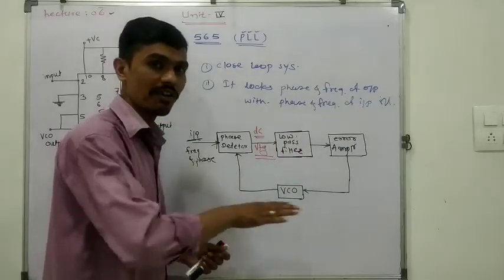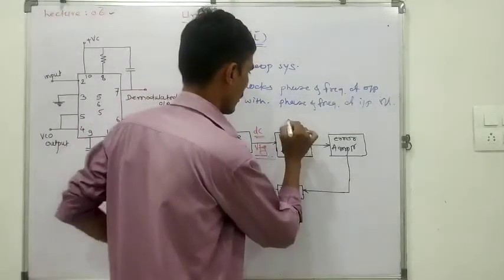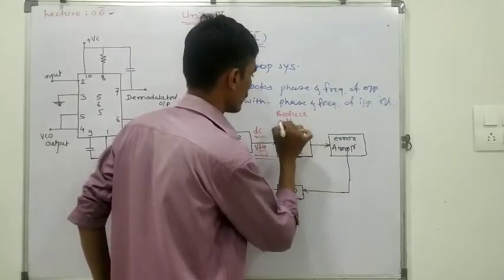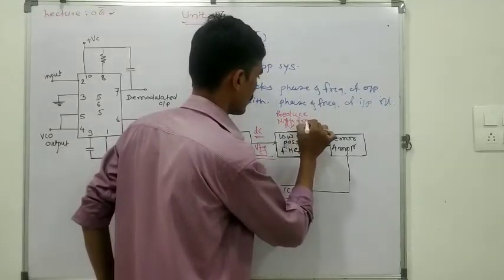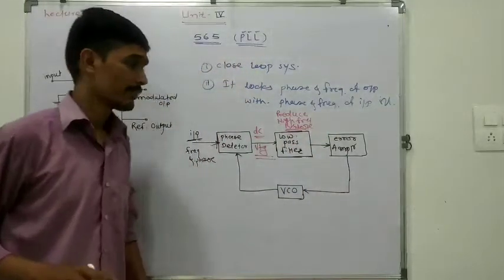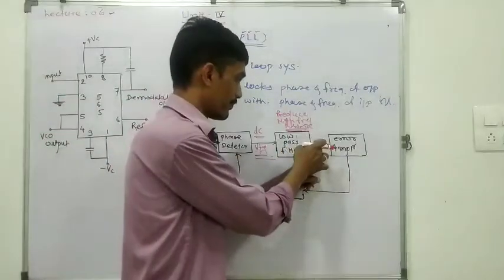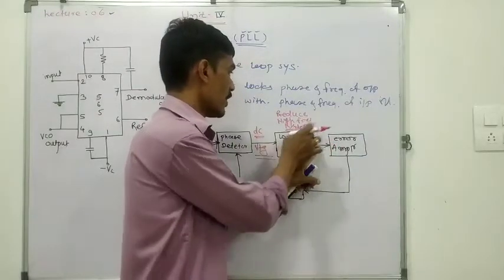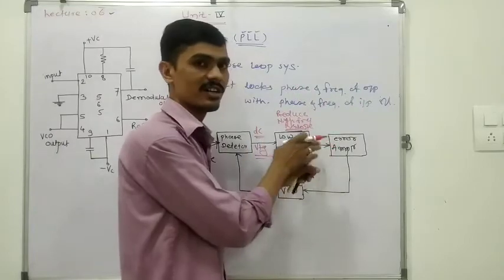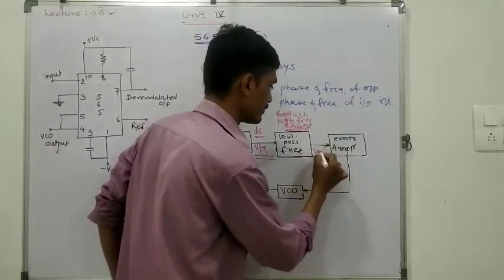It just passes the low frequency signal and reduces the high frequency noise. What does it do? It reduces high frequency noise. So ultimately the output of the low pass filter is nothing but the signal with the high frequency noise reduced. That means whatever signal we are getting has only low frequency noise content, or we are getting the low frequency